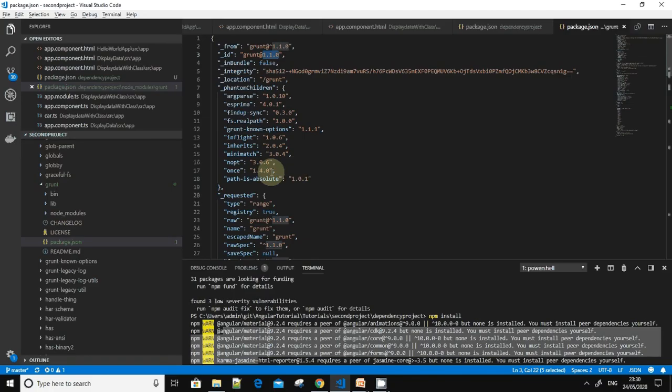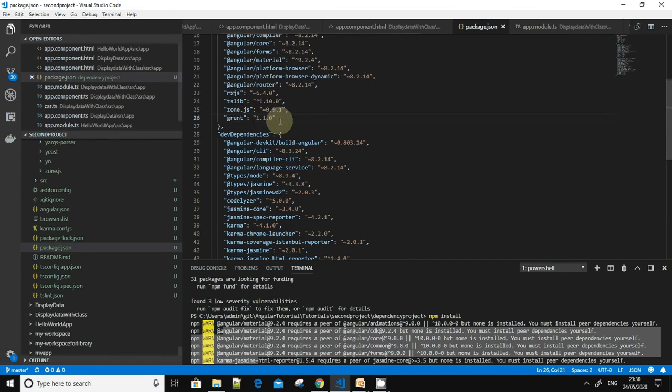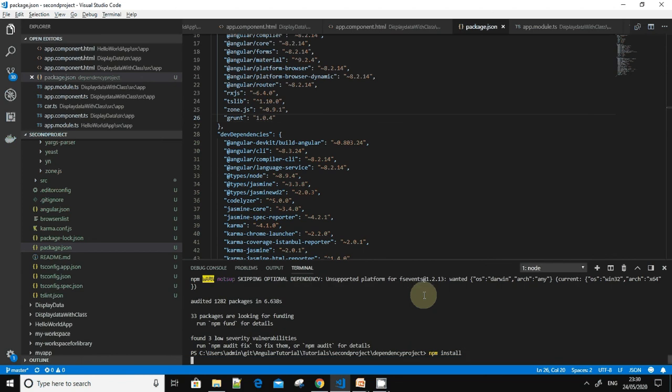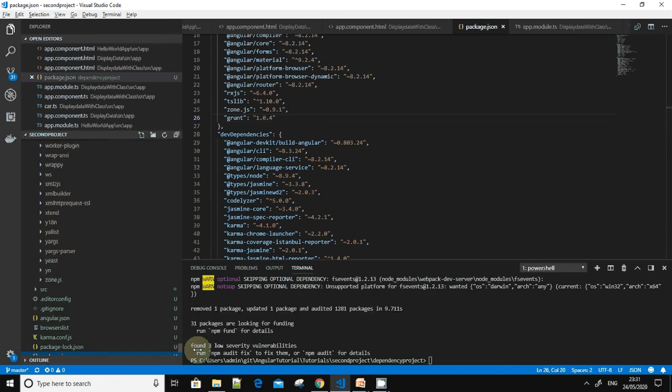Now I will manually edit it for a different version, that is 1.0.4. I don't want this version, so I will go to the package.json and change the version here. For getting it downloaded, I again do npm install. The npm install command will again download the dependencies into the node modules folder.